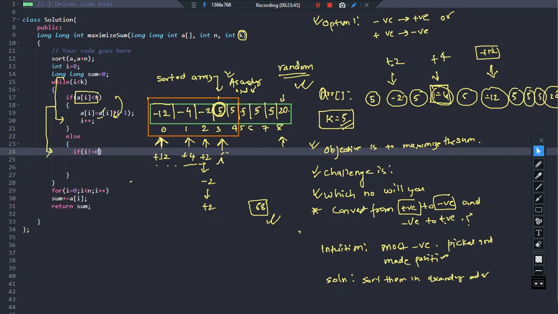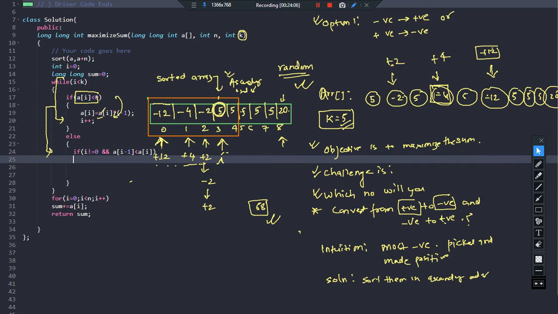Okay, means if this is not the first number that is positive, means if this is not the 0th index number, means you have found a positive number but it is not in the first position, and you also found out that a of I minus 1 is less than a of I, isn't it? That we can do. So what did I say? The moment you are getting a negative number, make it positive, it's fine.